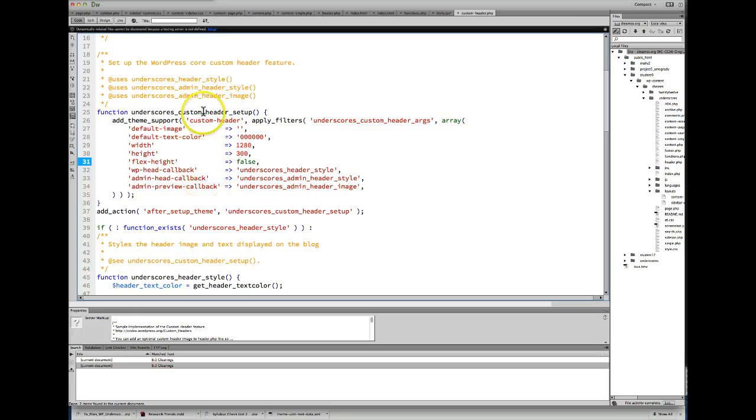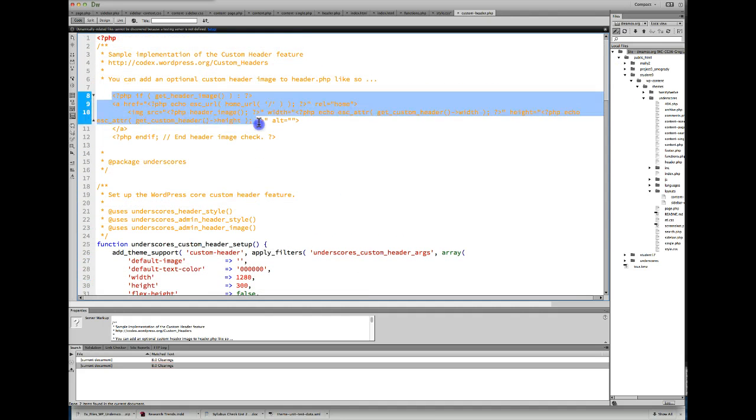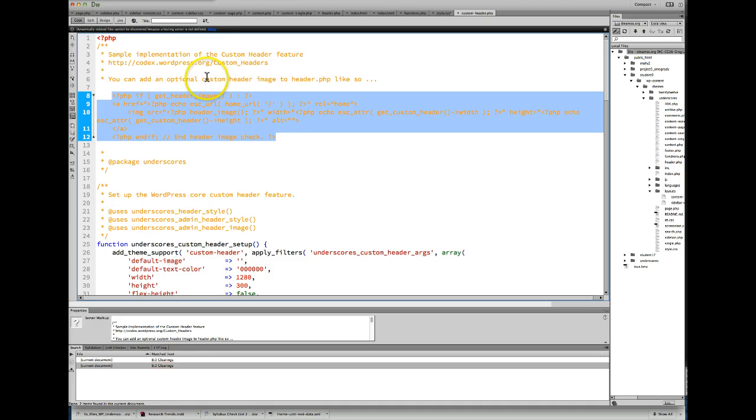Now, we've gone ahead and customized the custom-header.php file with basically a size for the header, but we don't have any code in the header file which is going to bring the image in yet. But fortunately, WordPress has already created that code for us. On the custom-header.php page, if we scroll up to the top, we'll see this code right here, which has been commented out, but it says we can use this code to add a custom header image to the header.php file. So if we highlight this code right here and copy it,